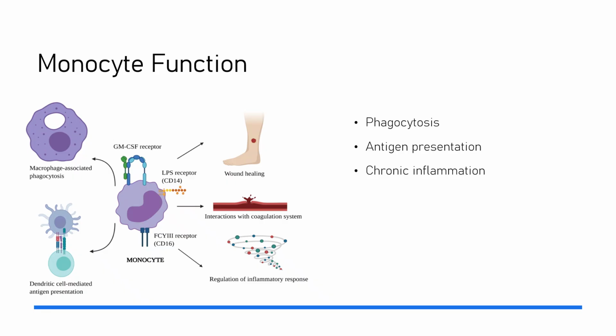Now that we've talked about what monocytes look like, let's talk about what they actually do, because function is really where these cells shine. One of the primary roles of monocytes is phagocytosis. Like neutrophils, monocytes can engulf bacteria, debris, and damaged tissue. However, monocytes tend to be more involved in longer-term cleanup and immune coordination rather than the immediate rapid attack we